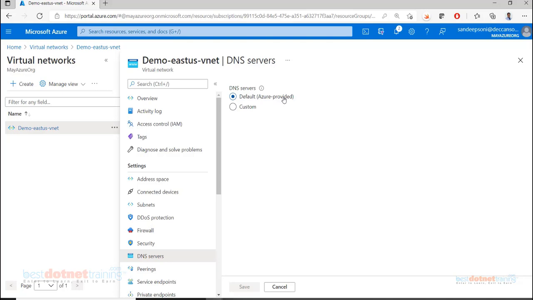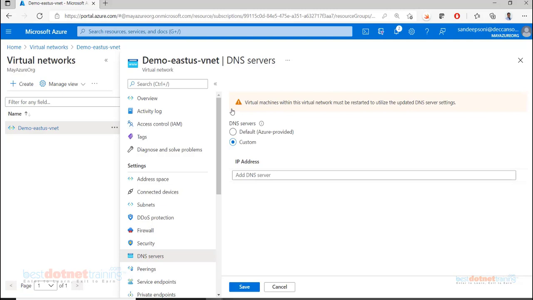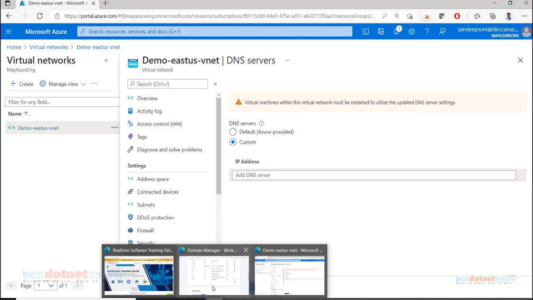At some later point of time I am going to teach you how we can create a virtual machine inside the virtual network, install DNS service on top of it, and use that server as the DNS server rather than the Azure provided one. That means we are going to create a setup where we will do domain name to IP mapping for our organization.